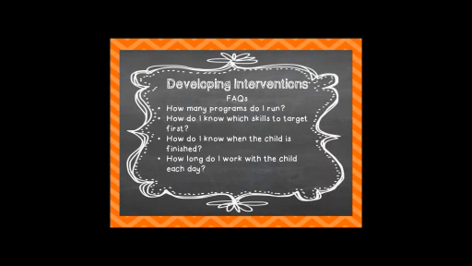So if you have severely delayed children in your classroom, it's going to take a little bit longer to see progress, and you aren't going to want to have them so stressed. You are not going to be able to teach me 20 different things at once, but if you maybe teach me 5 things, I can learn those 5 things really well, and then I can learn the next chunk of 5 things, and the next chunk, and then the next chunk, and by then I've learned my 20 things. So kind of think of it that way.